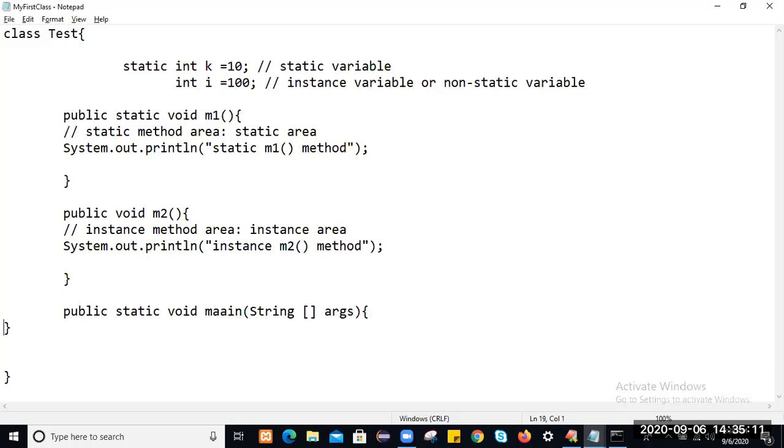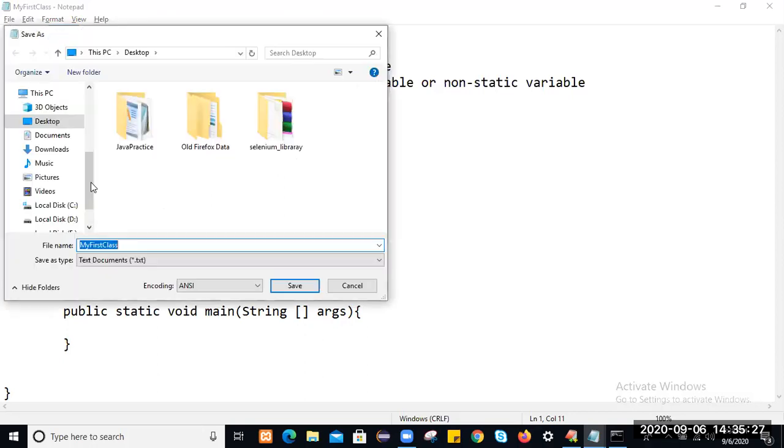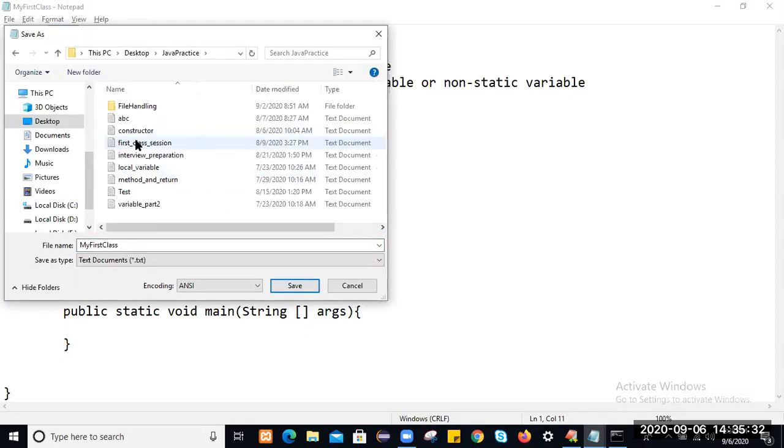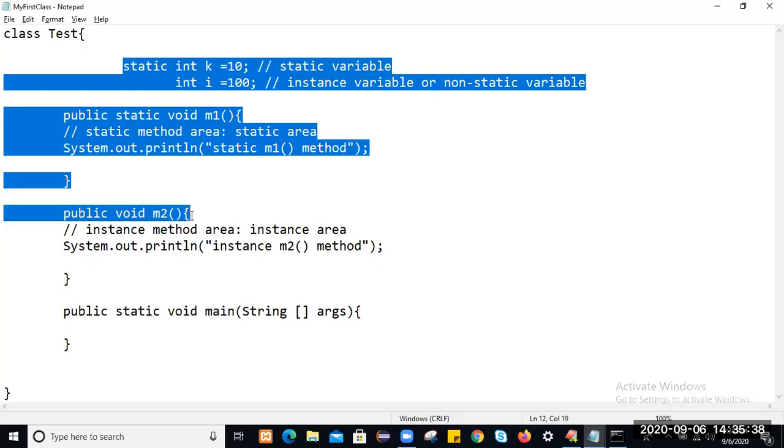In the previous example we also saw that when you compile this Java application, one .class file will get generated. Let me save this file. Save as. I will save this file here in the Java practice folder. Click on save.